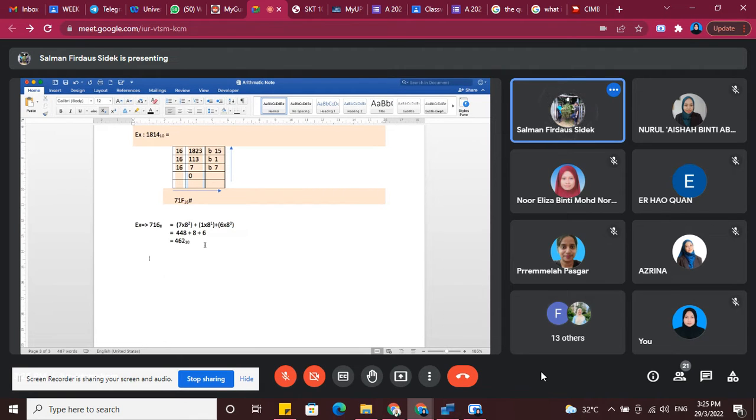What is the option that we have here? Bahagi 16. Bahagi 16 untuk dapatkan apa ni? Nombor dalam